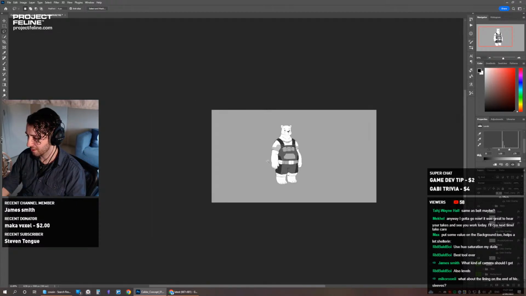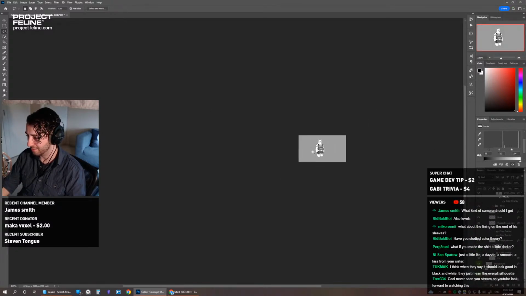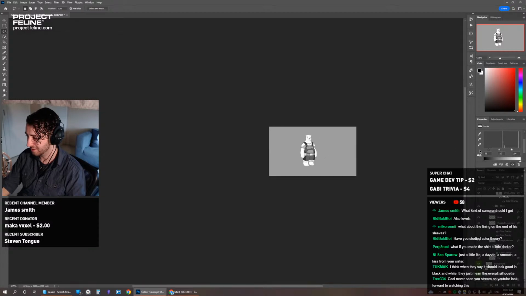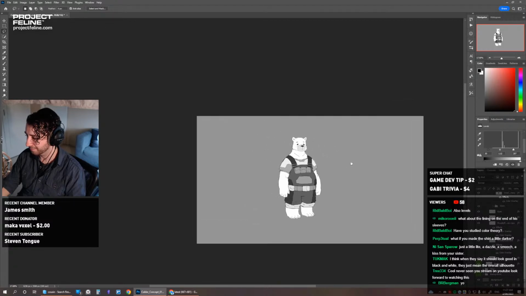Okay, I'm just gonna zoom it out, and I know it's hard to see, but I'm doing that on purpose so I can see how the character looks from a distance. Because my gut tells me that if the values are good, you should be able to clearly make things out from a distance. That's the idea. I think that's kind of the whole point, isn't it? I know the background's changing color, just ignore that.